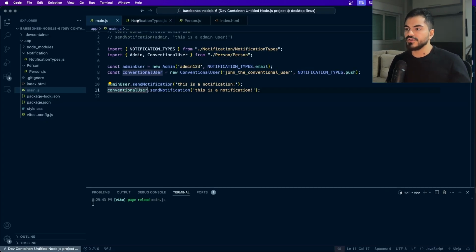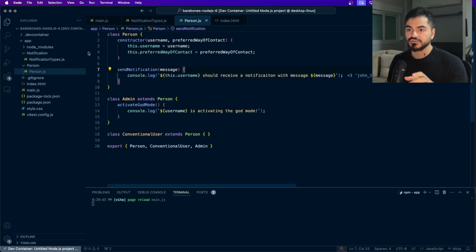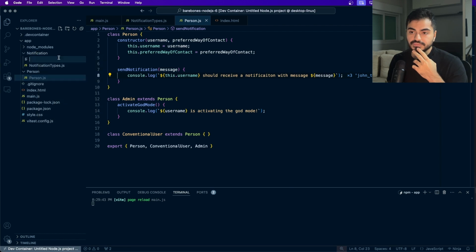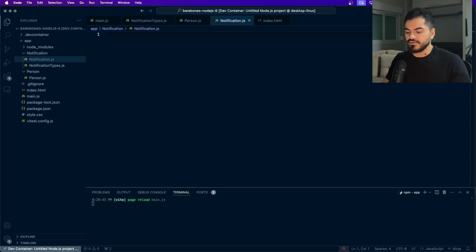Now, what if we want to do a specific flow or logic to send the notification? Because right now we are just console logging it, right? But we could have a process, a specific process that could trigger the send of the notification, right? And so let's create a notification entity, right? So notification, we could have a class called notification, which would be like a base class, and the notification class could have something like